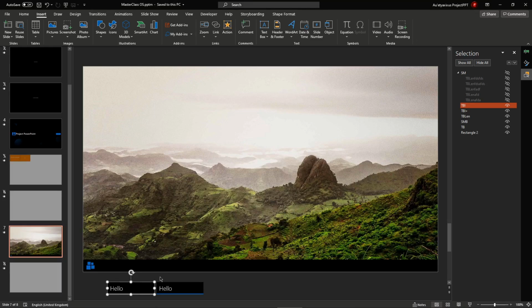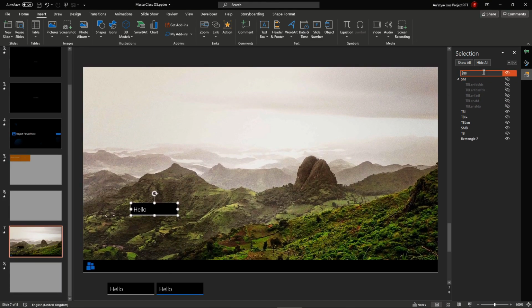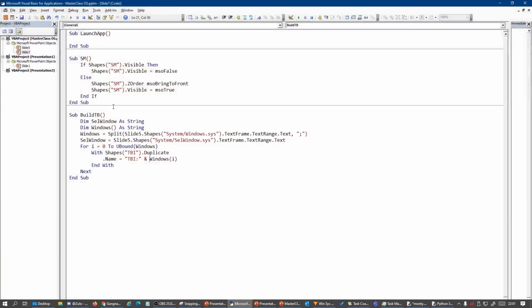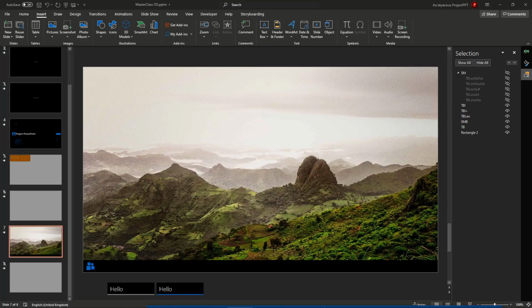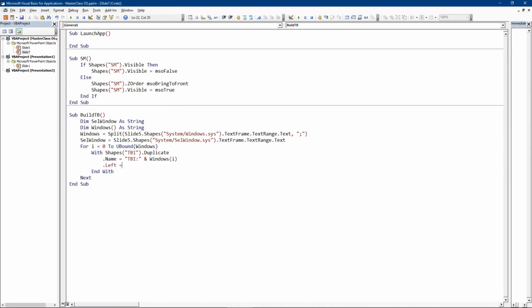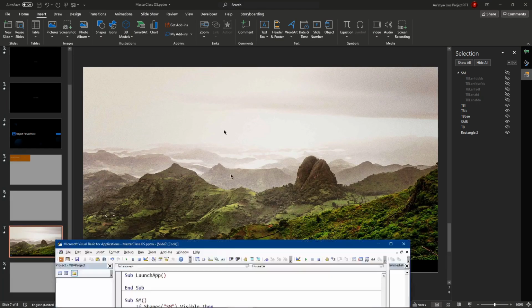So what that'll do is we're going to duplicate this, and then we're going to set it to the name of, we're going to have it be tbi and which window it belongs to, which is like hello. For example, it belongs to the window hello. So next we want to position it somewhere, so we need an offset. Our offset is going to be the position of tblen. So dot left equals shapes tblen dot left,